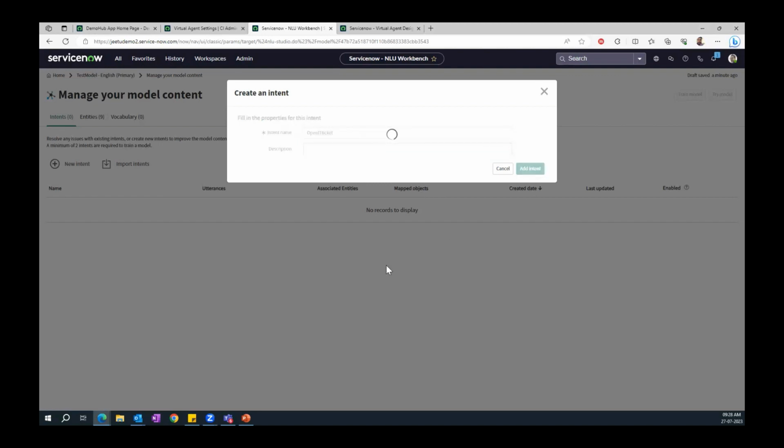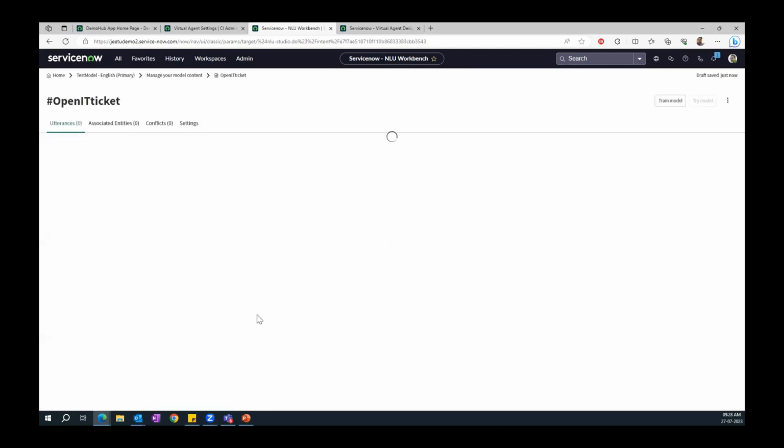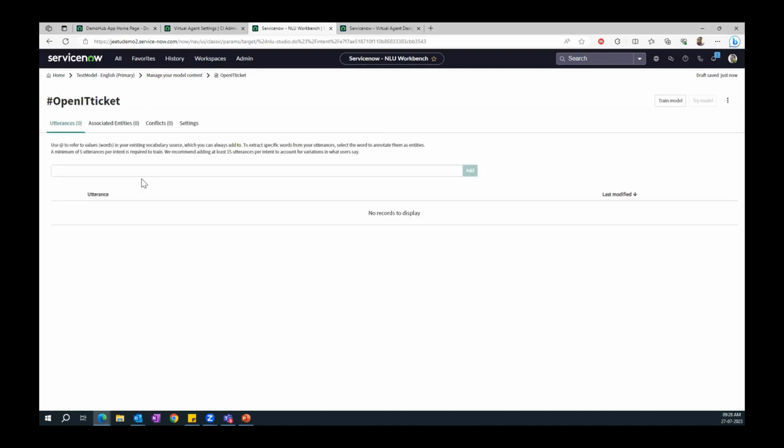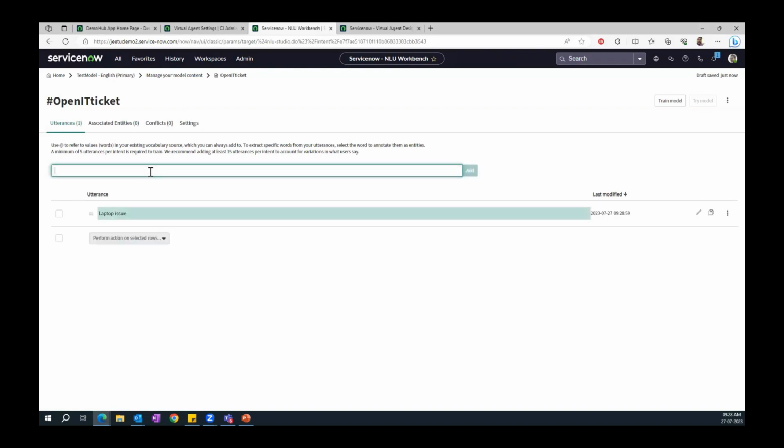So this is the intent I have created. Now I have an option to add multiple utterances. You remember, utterances are nothing but the various different ways a user can express the intent. One of the utterances can be a laptop issue. So you can add the utterances here.